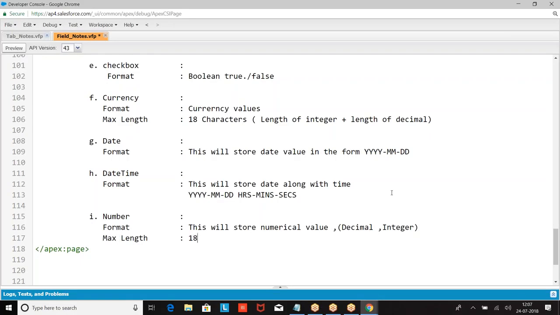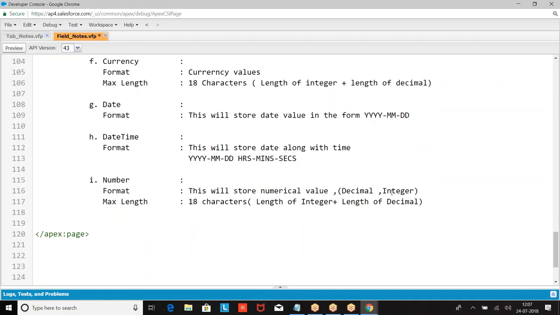Max length. Next we have date, date time, number.